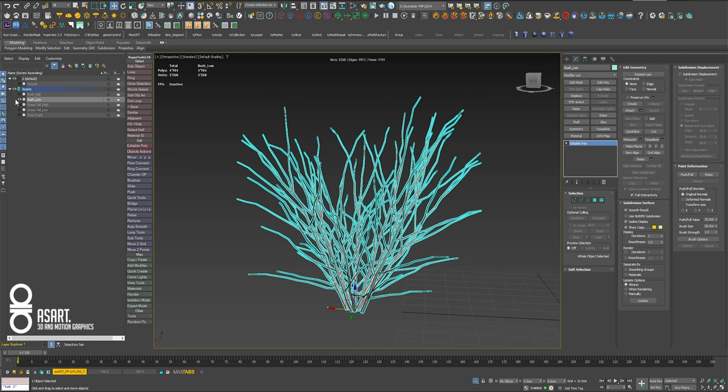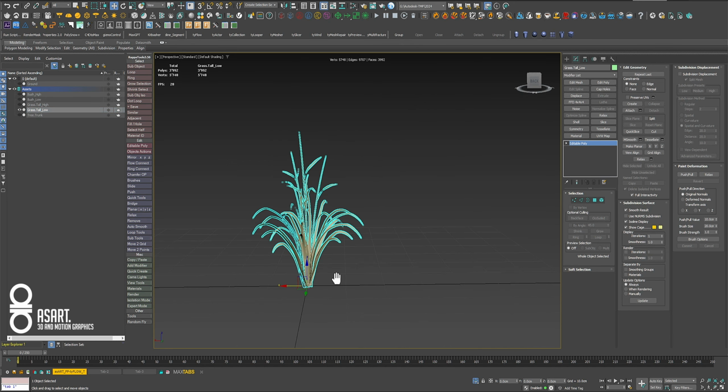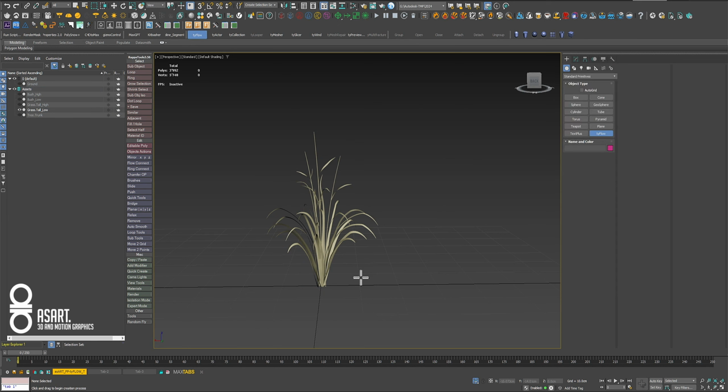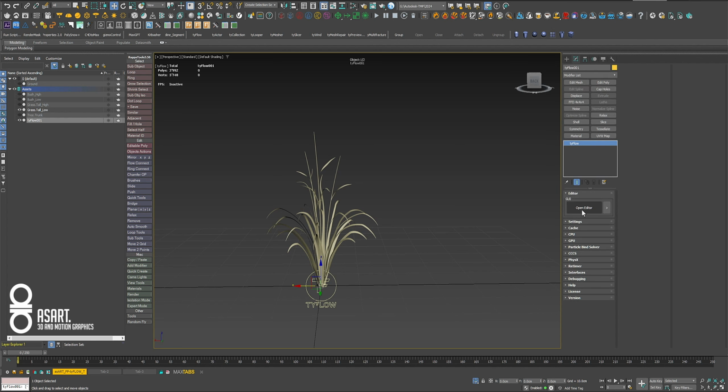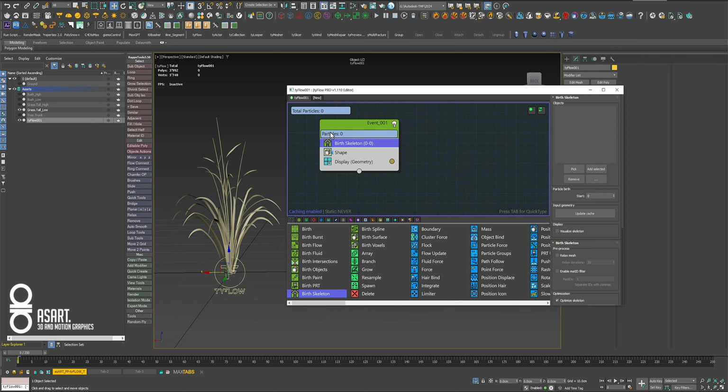Okay, let's go back to the grass model and then add a tyFLOW object in my scene and then go to the editor. Here I'm going to start with bird skeleton, drop it in here, pick my grass low poly model,